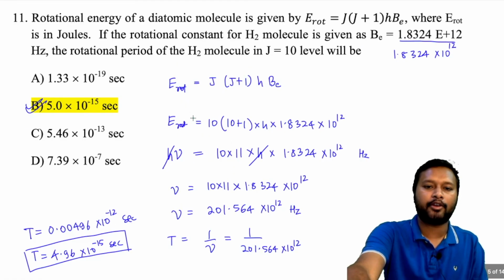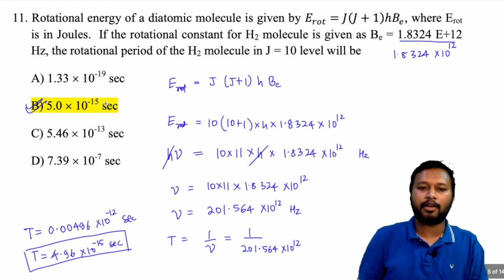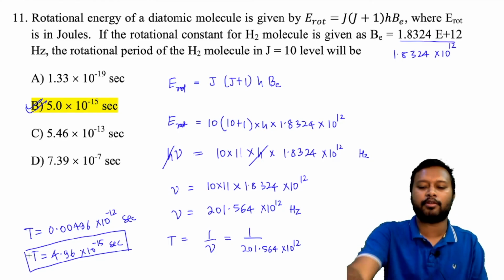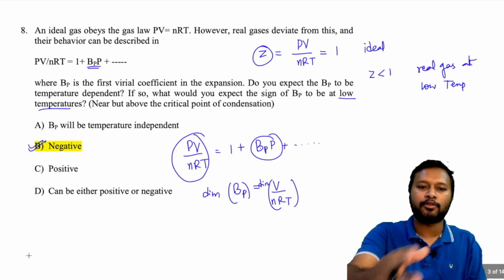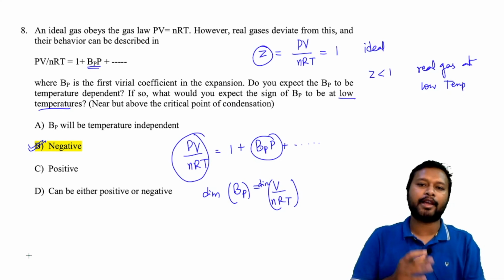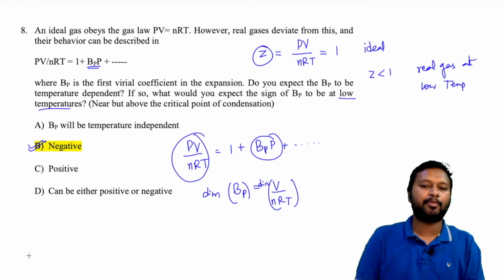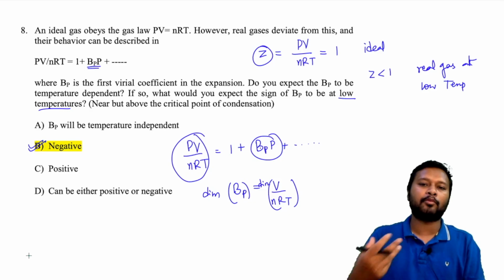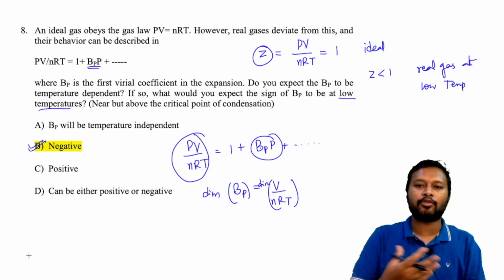And again, if I talk about that question here, they were asking about the time period, so you have to convert frequency into time period to get the answer. Same goes for this. Here you should know about the compressibility factor for a real gas at low temperature, and then only you can do it. So 2-3 concepts are involved in a particular question. So try to look at the question paper. It's not impossible to do. They are tricky, but the more you solve, the more you will understand, the more you will apply your brain to do them, and that's how you evolve as an